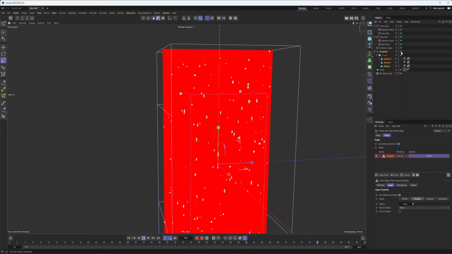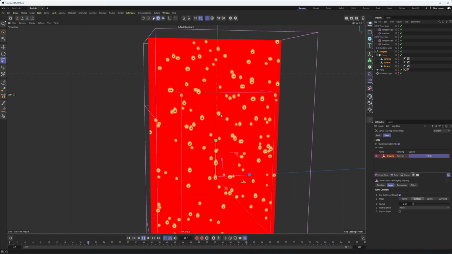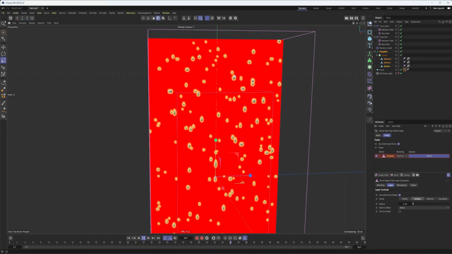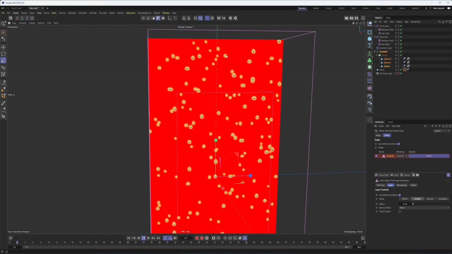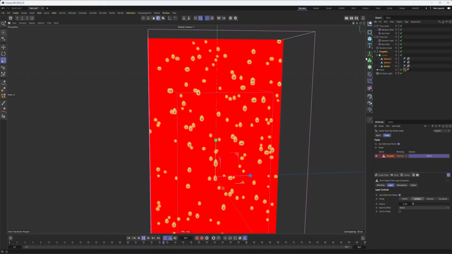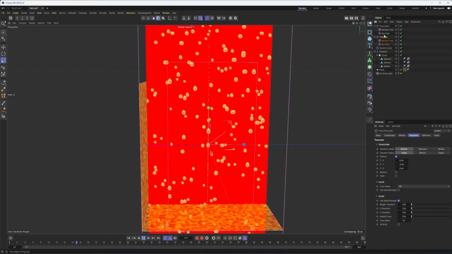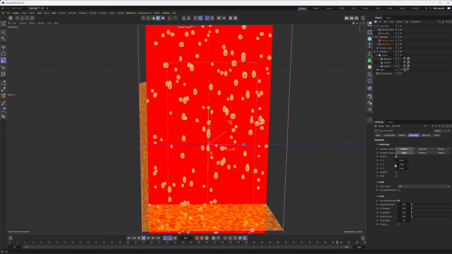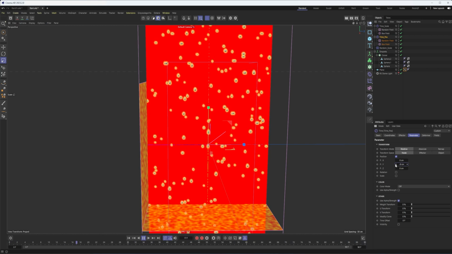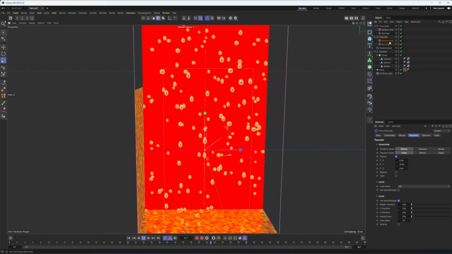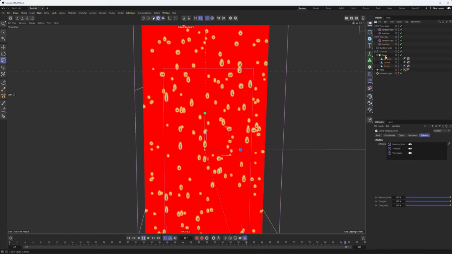So now we have our map, right? But the problem is we want to kind of leave a little bit of a trail behind this. And we can do that a few different ways. And to help us visualize that, I think for right now, I'll take my time position effector and increase this a little bit more so things are moving a little bit faster here. Okay. Hopefully I remember to turn that down.